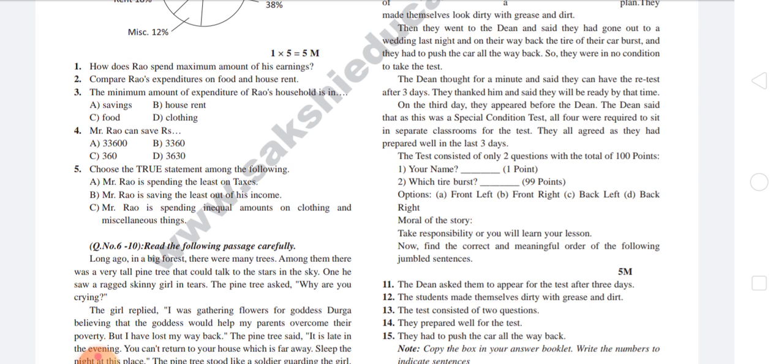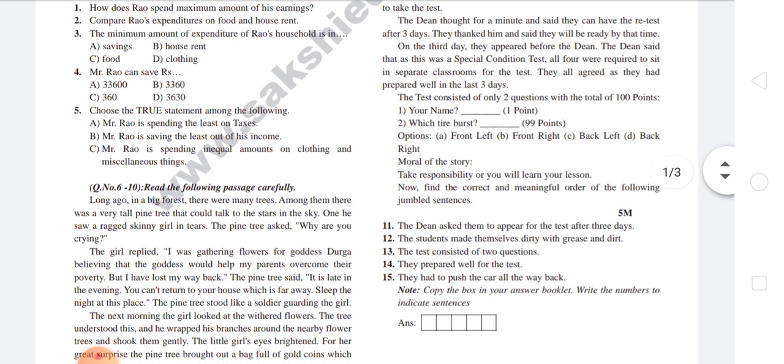It's jumbled sentences. What we have to do? We should make the jumbled sentences into the right order according to what is given in the passage. So if we can understand the passage given in our question paper for 11 to 15, we can definitely do this very easily. Here he has given a box and we should write our answers. So which comes first for, suppose, 11, 12, 13, 14, 15?